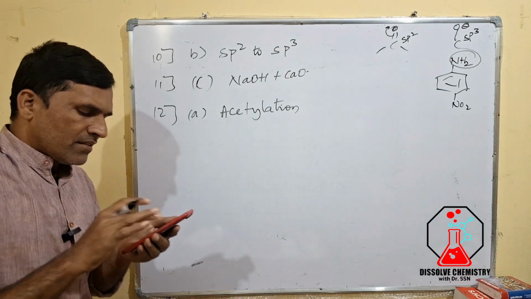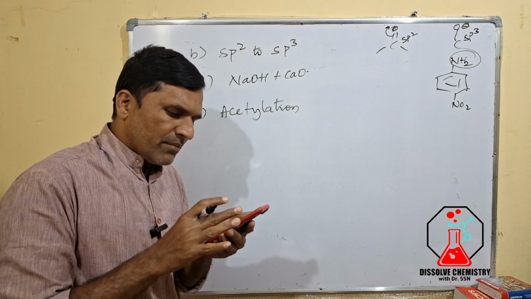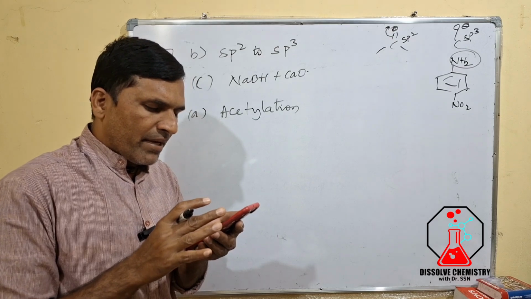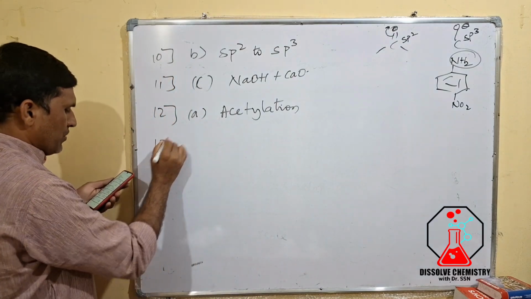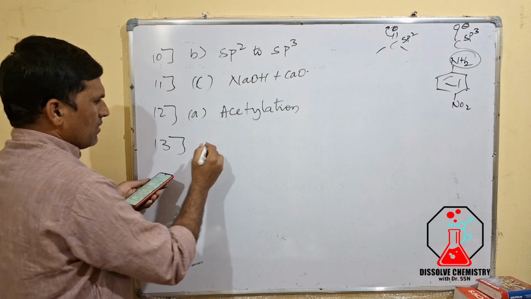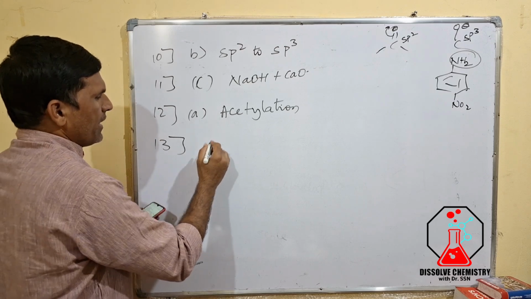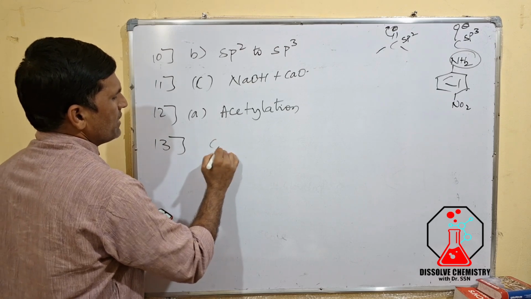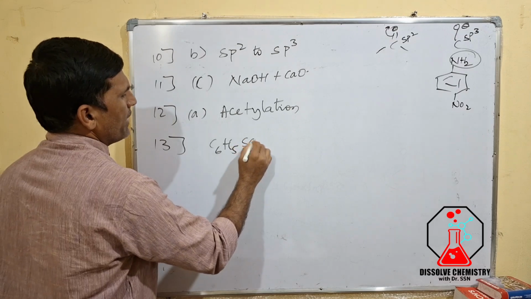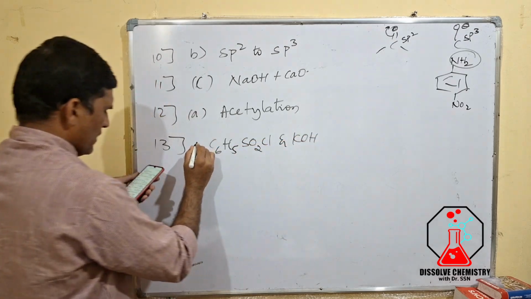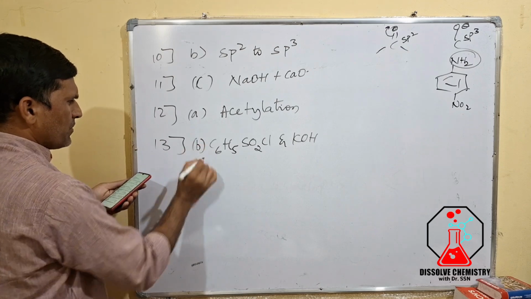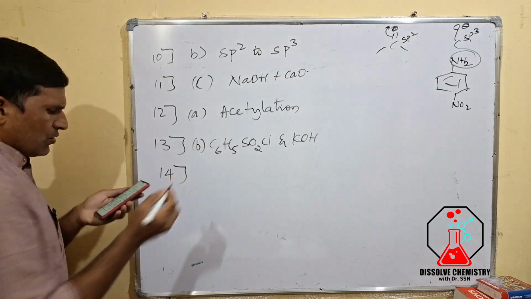Then next is the reagent used to separate the mixture of methylamine and dimethylamine. For separation of this we are going to use benzene sulfonyl chloride and KOH. Benzene sulfonyl chloride and KOH we are going to use for the separation, this is the B option you can take. Then the 14th question is,